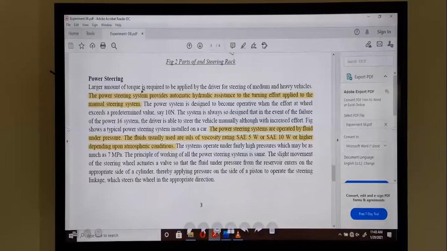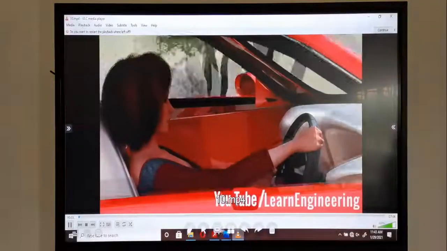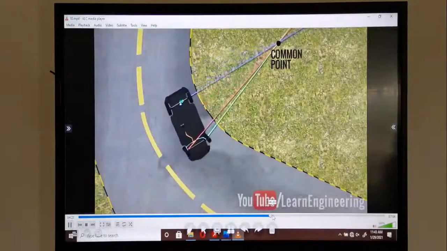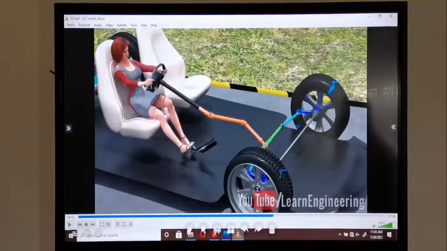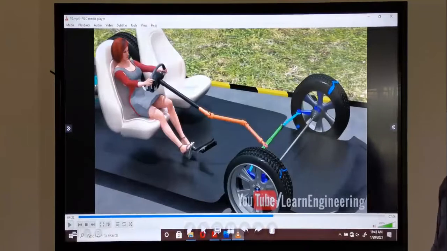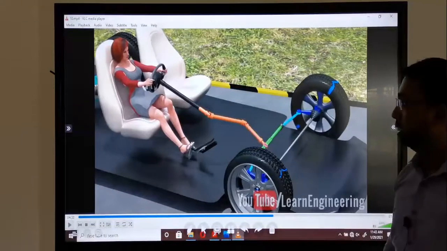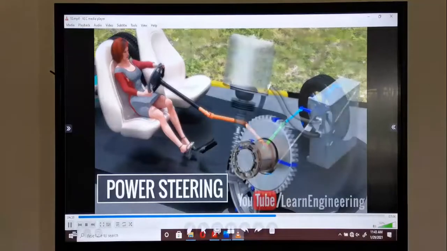Next we study about the power steering. What is power steering? Here, this power steering is mechanically worked. The electric power steering has the same function, but here an electric motor assists the steering mechanism or steering rotation, giving very smooth operation or boosting, the same purpose as the fluid lines. So there is an electric motor used here.